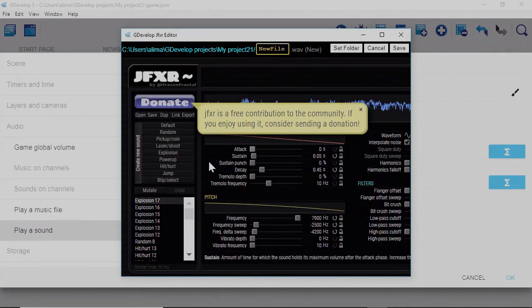You can see they're saying you can donate if you want. I would say this is a worthy thing to donate to. This is great that this is in GDevelop. It's worth donating to JFXR as well as GDevelop if you choose. And it's nice they give you that option. Like if you want to, you can. They don't force you. So with this delete, this sound for explosion, I'm going to name this